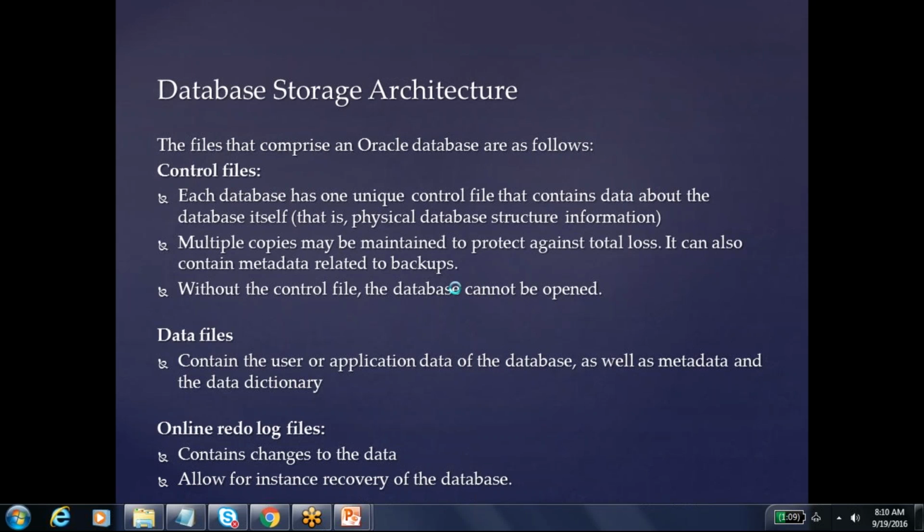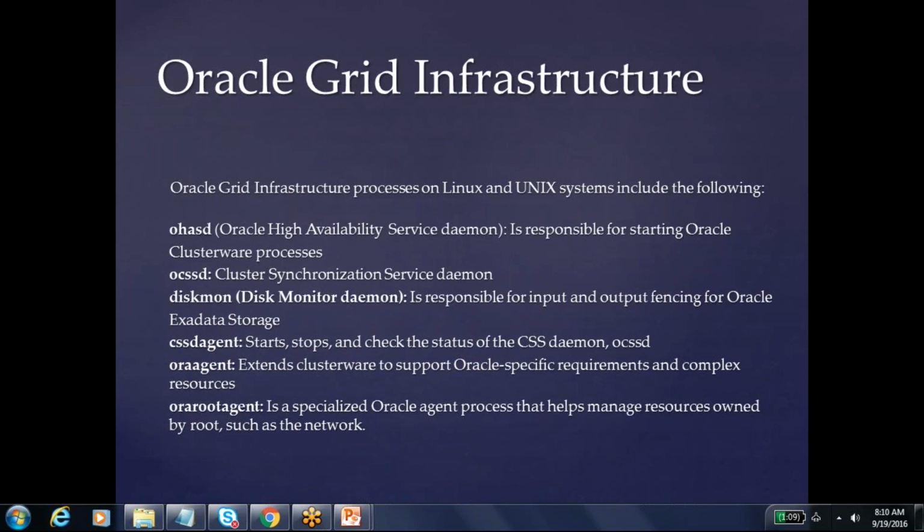So whenever you are starting your database, the control file is the second file which is opened. The first file is your parameter file, which contains the parameters of your database, like the size of your different pools, the SGA pool, PGA pool, all kinds of different parameters. The parameter file is generally an instance file, containing the instance information. But the control file contains the database information, the different kinds of files' information.